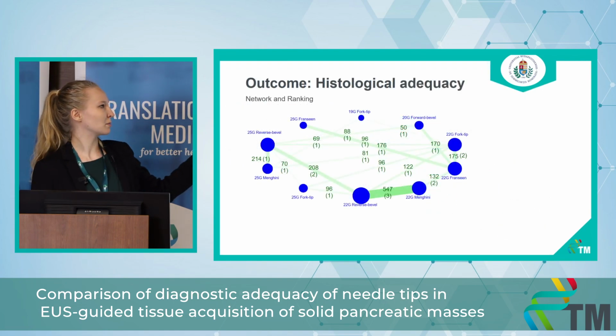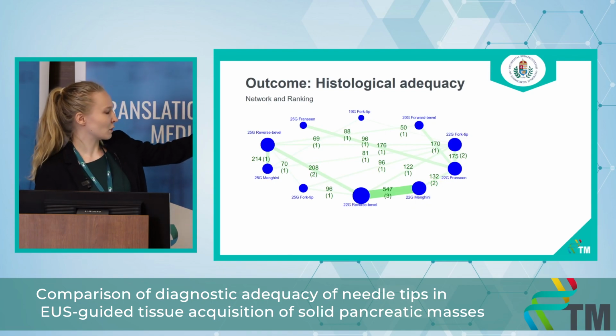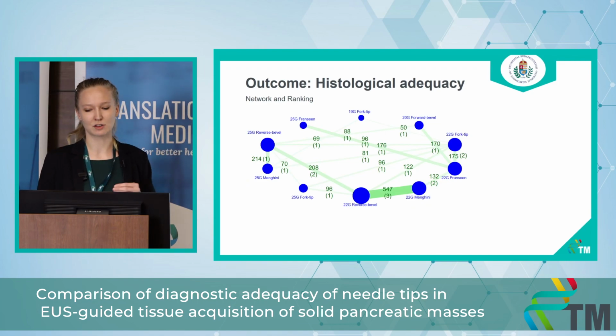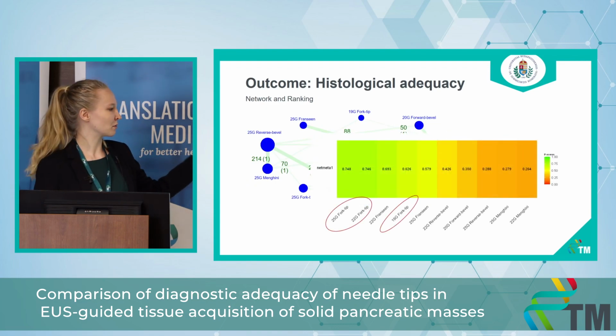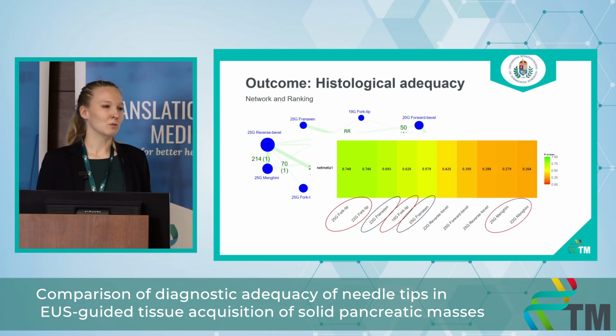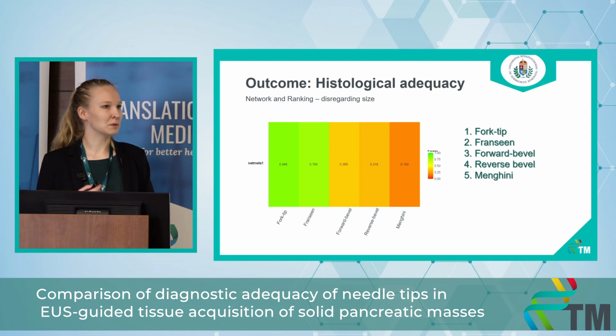From this, we were able to set up this network for histological adequacy. The size of the nodes here represents how many patients were included, and the thickness of the lines, how many studies we had for this comparison. And from this, we created this ranking of needles, where the best needles were the fork tip needles and the Francine needles, and the worst by far were the Engh, which of course, since these are not histology needles, makes sense. We also set up a network disregarding the size of needles because our hypothesis was that this was a secondary impacting factor, and found the same where fork tip and Francine needles were the best